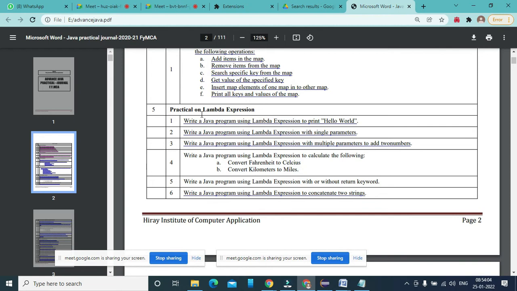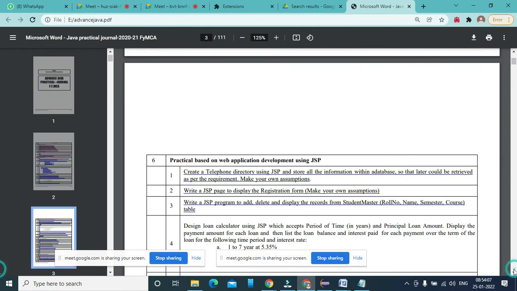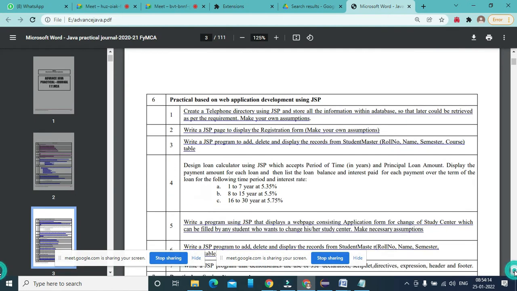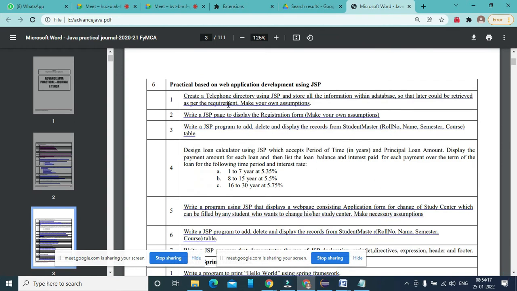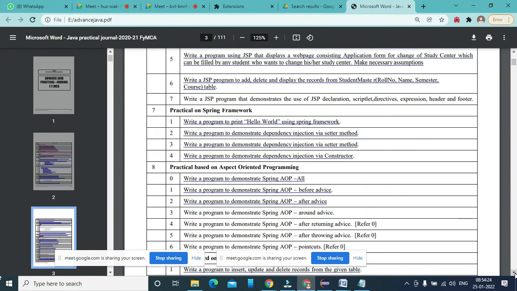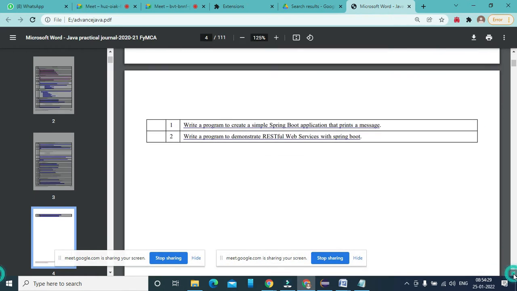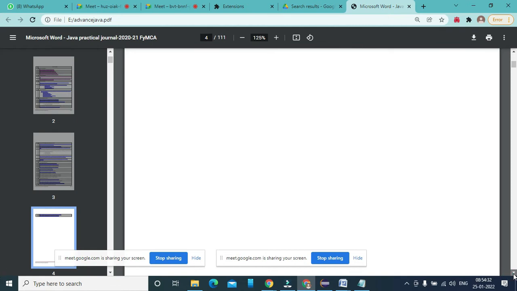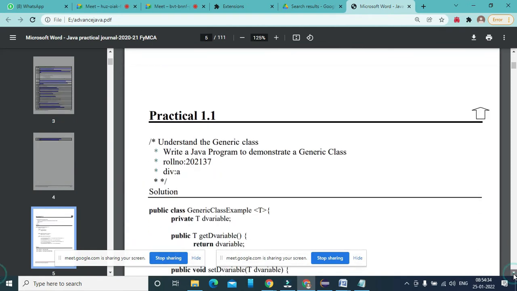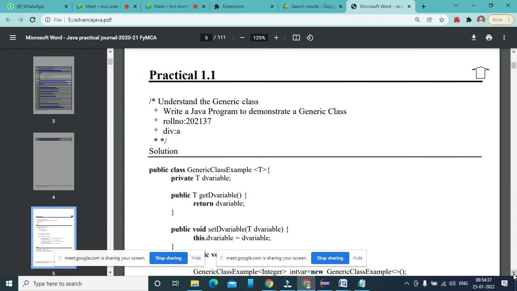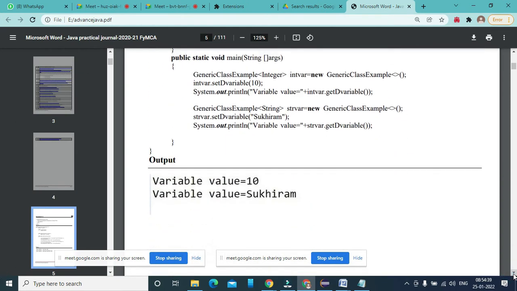We are going to check these six different practicals. So in total, 30 practicals we are going to do. When we are starting the respective practicals, you will see all these practicals that we have created here. I also had the total Java files, but I am not going to share them with you because you are going to do them over there. So you will get that demonstration, and here the output is there.